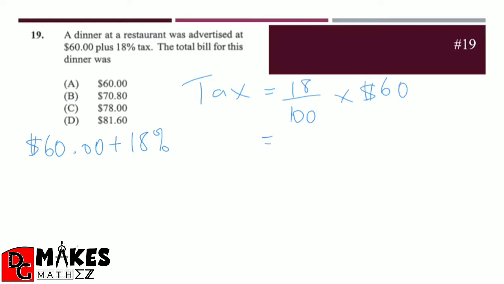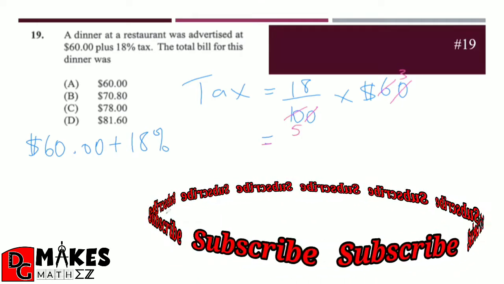This is a question 1 paper, so you don't have your calculator, so everything is just your brain. All right, so we can go 10 into 100 goes 10 times, 10 into 60 goes 6 times. We can also further simplify, whichever way you want. 2 into 6 goes 3 times, and 2 into 10 goes 5 times, and now we have